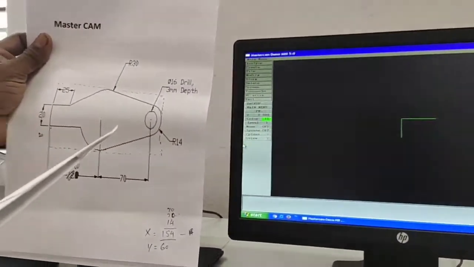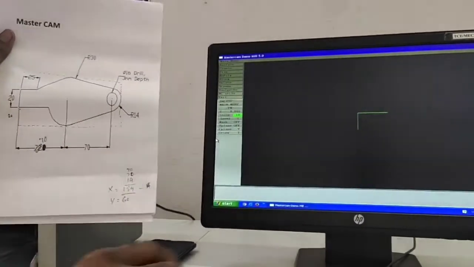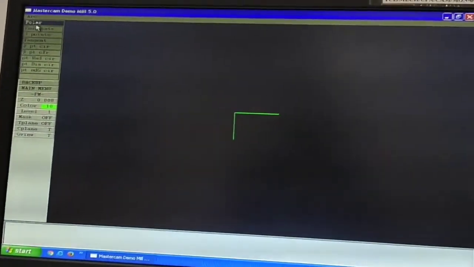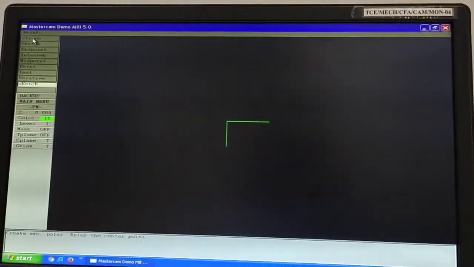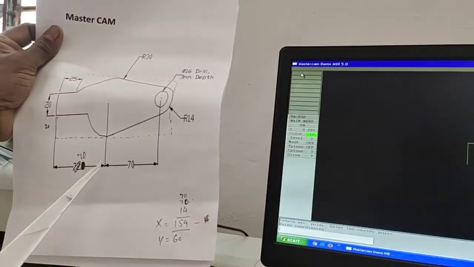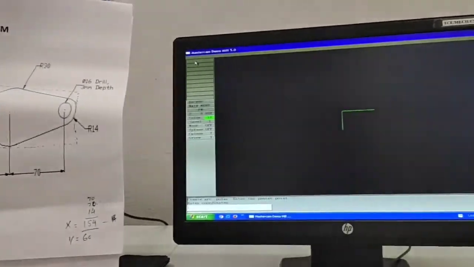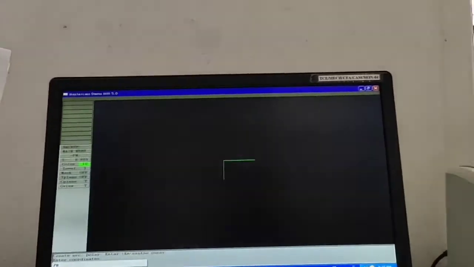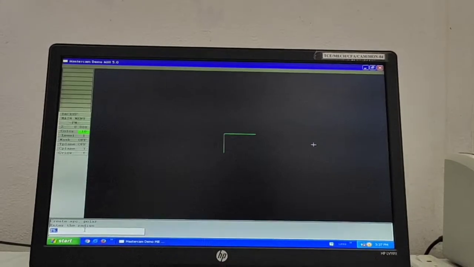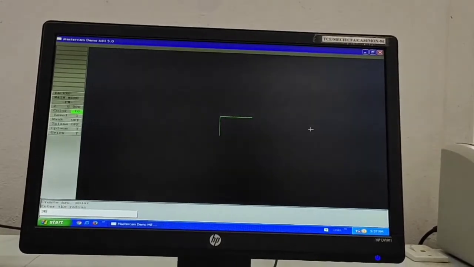So here I am drafting the line from 0 to 180 by using create arc, polar, center point values. What is the center point? x70, y 20 plus 10, 30, 70, 30. It will be asking, enter the radius. What is the radius? The radius is defined as R30. Just now enter 30. Enter.